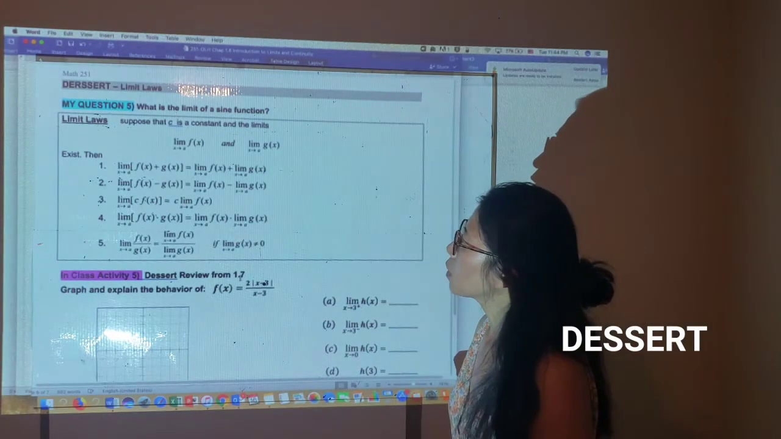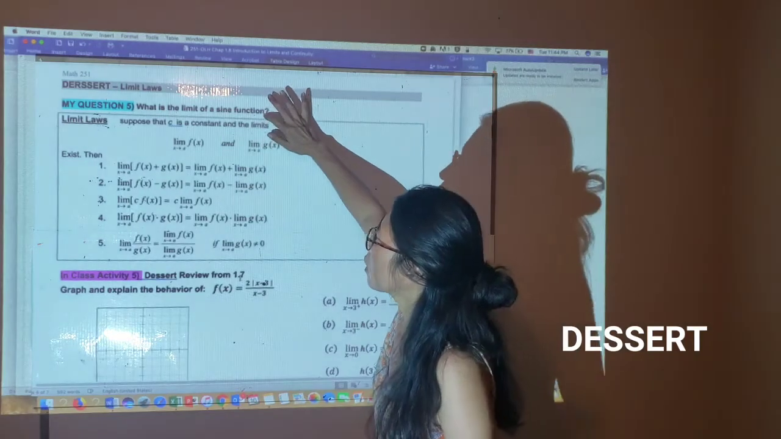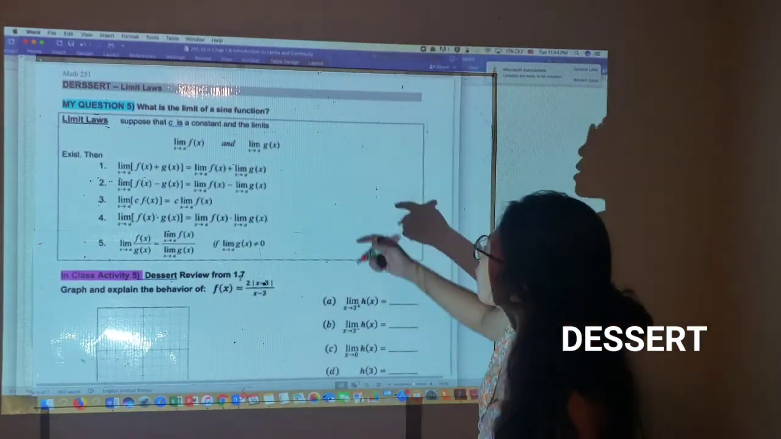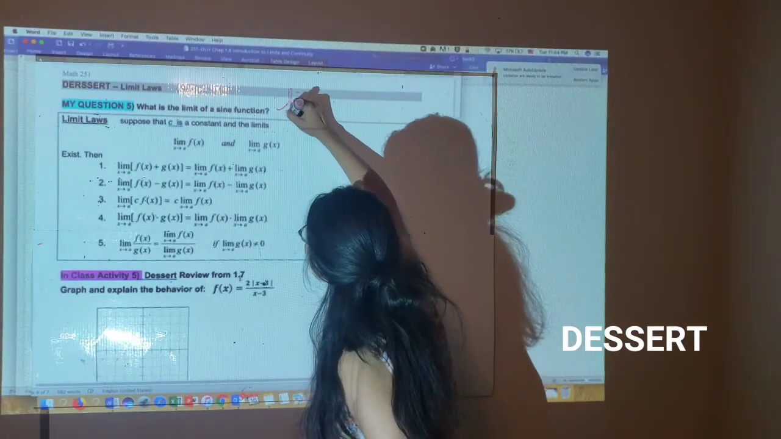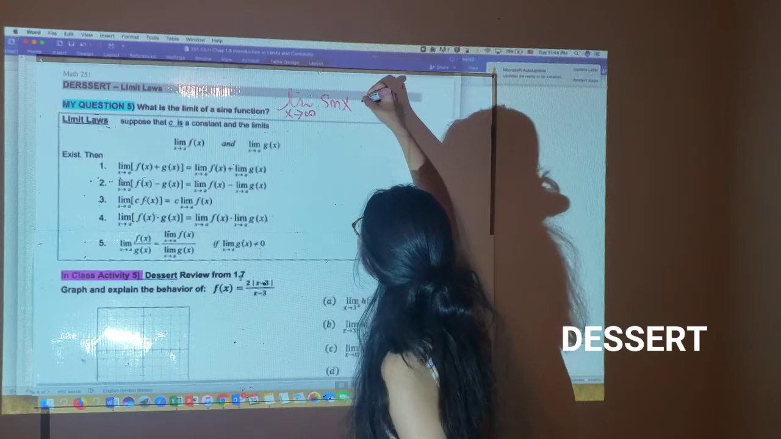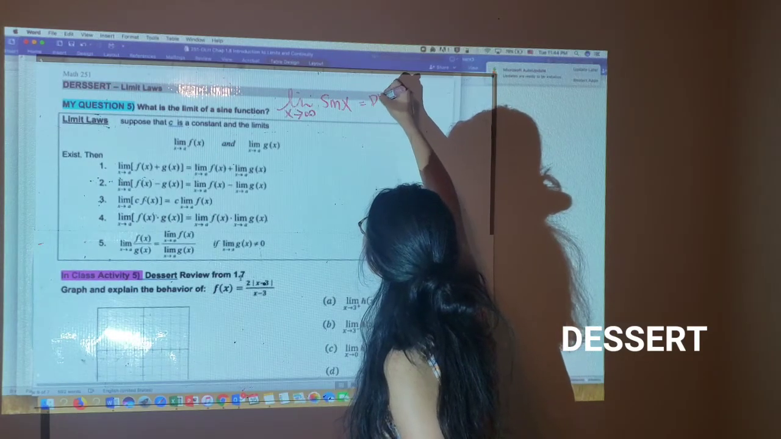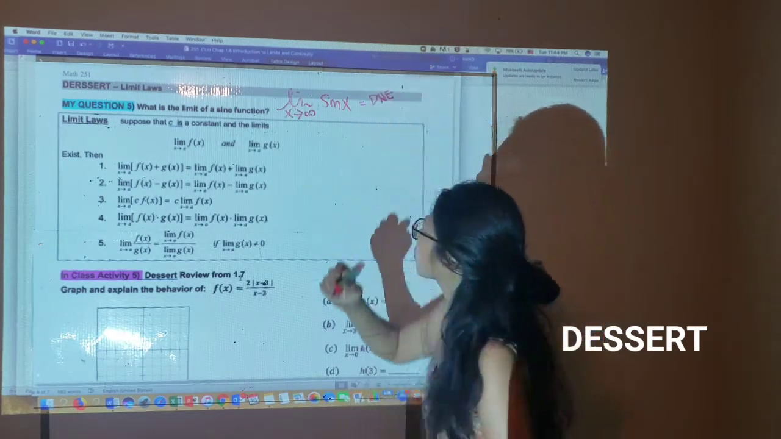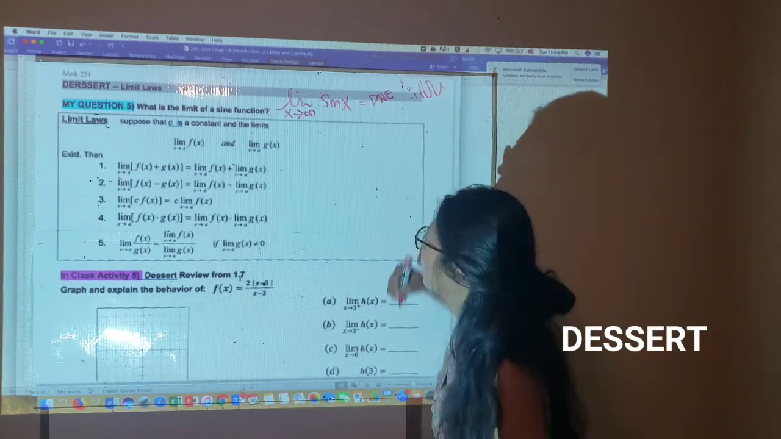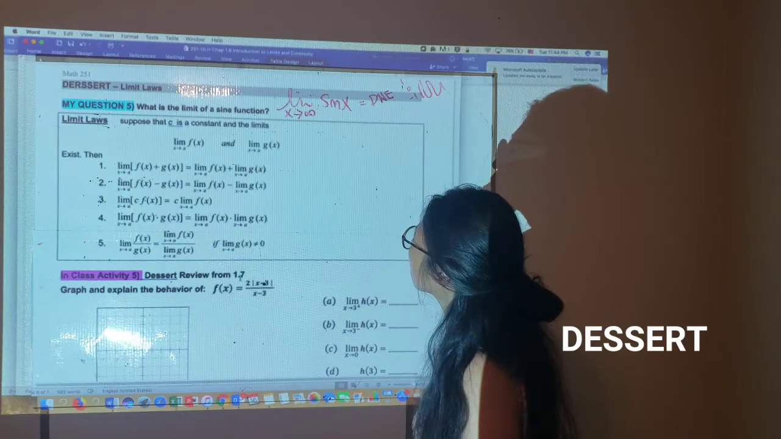If x goes to infinity, then we cannot say if the limit exists. So be careful: if the limit as x goes to infinity of sine x, then this does not exist, because it can be 1, 0, or -1. It's going to be up and down. Then